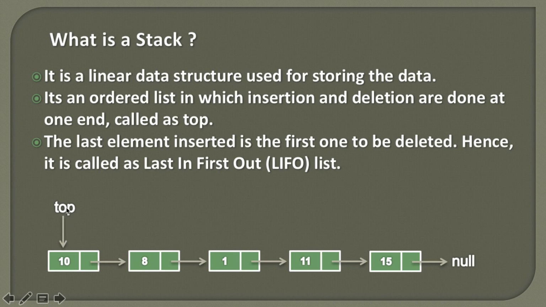And this restrictive property makes it a LIFO data structure. So what is a LIFO data structure? The last element inserted is the first one to be deleted. When we insert a node in the stack at the beginning, that element becomes the first candidate to be deleted because we are only allowed to remove and add nodes at one end, which is represented by the top.